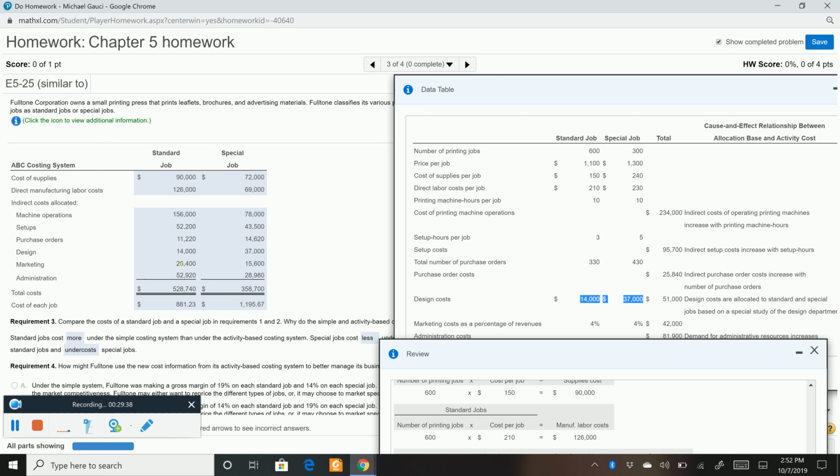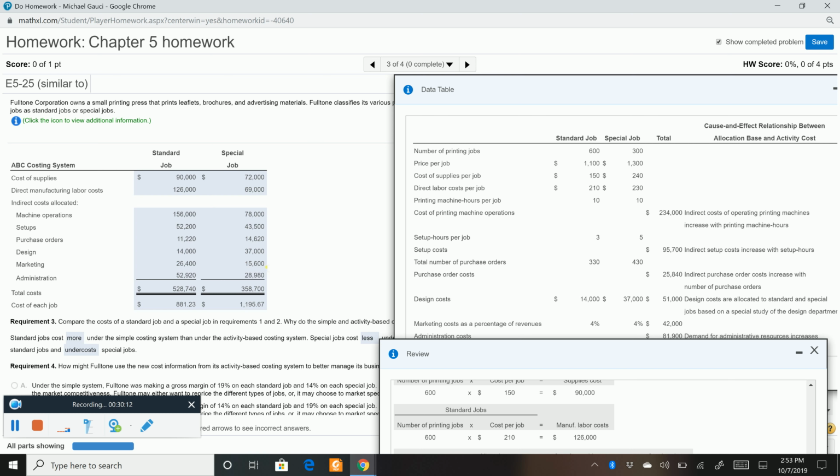And last but not least, marketing. Marketing is 4% of revenue. That is basically our cost driver. And so first, for the standard job, $1,100 is our price per job, $1,100 per job times 600. If you take 1100 times 600, that'll give you $660,000. And if you take that and you multiply it by 4%, you will get your